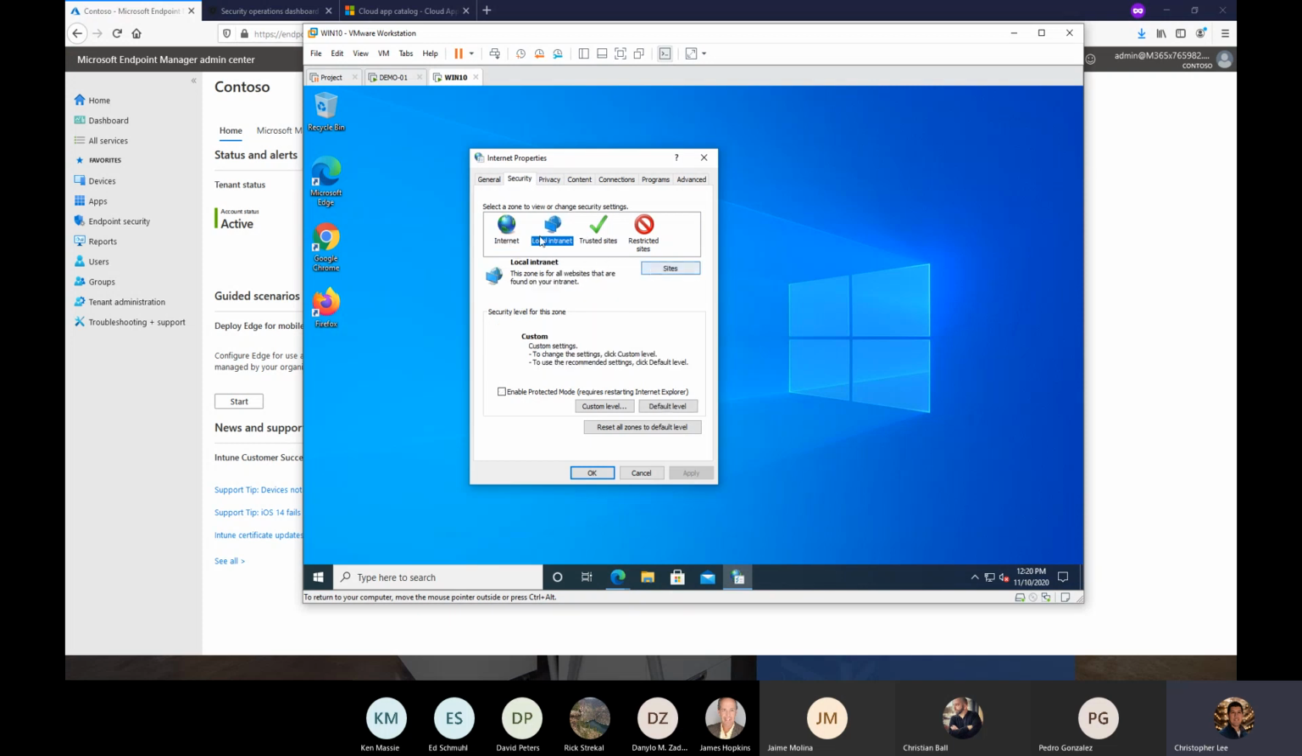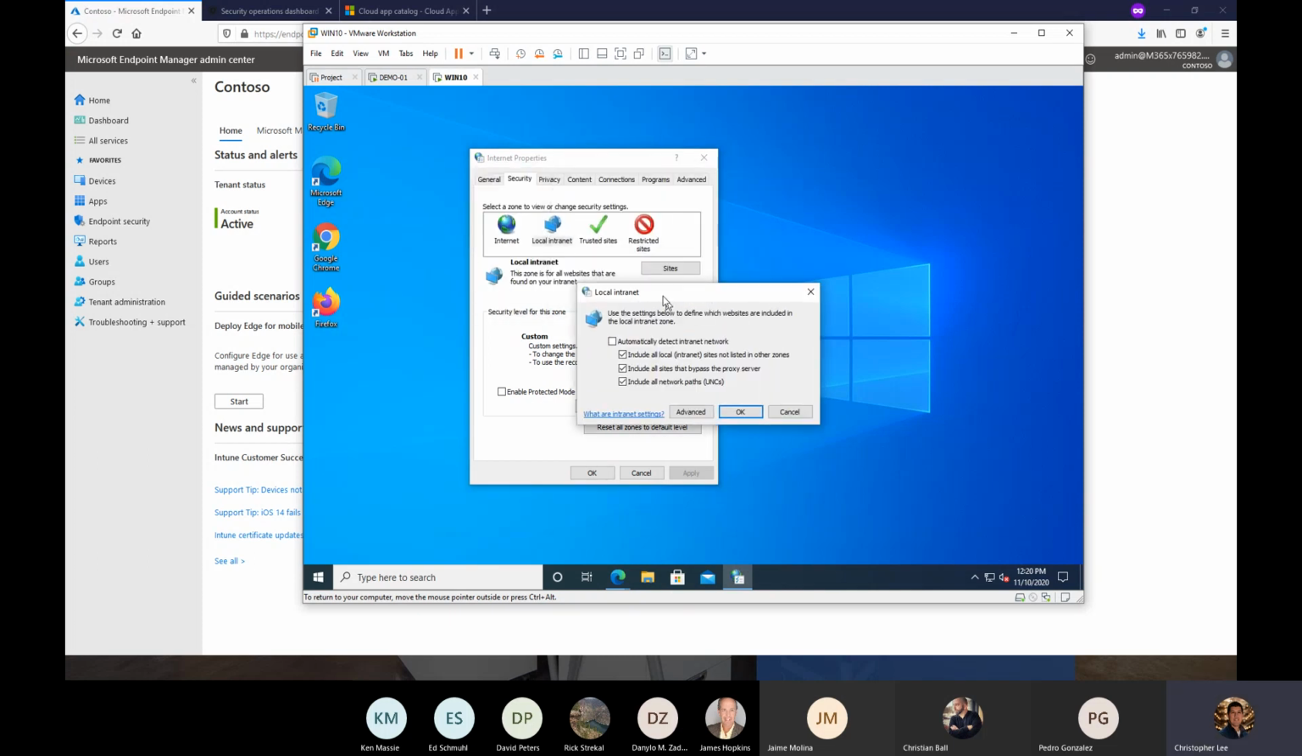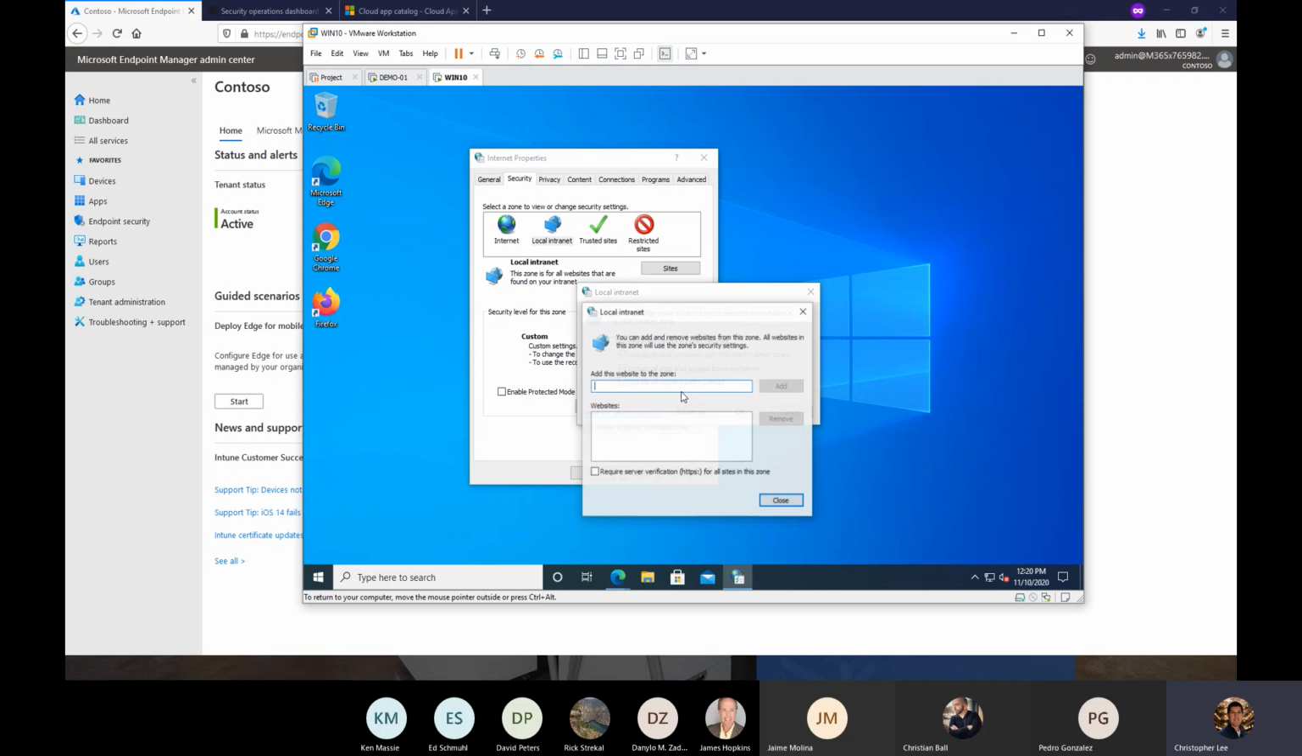But what we want to do is add a specific site to the local intranet. So if you click on Sites, select Local intranet, Sites, Advanced, we need to add in a specific site here called https://autologon.microsoft Azure AD